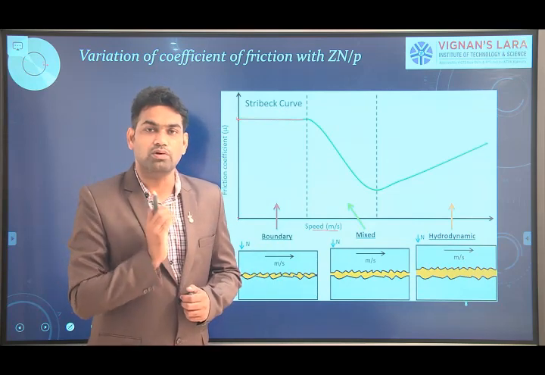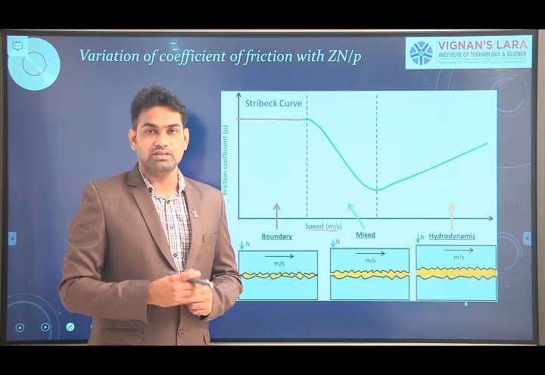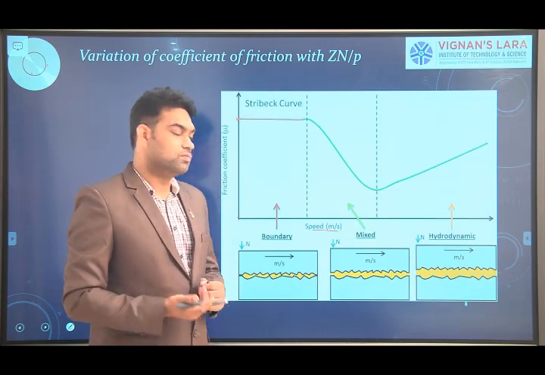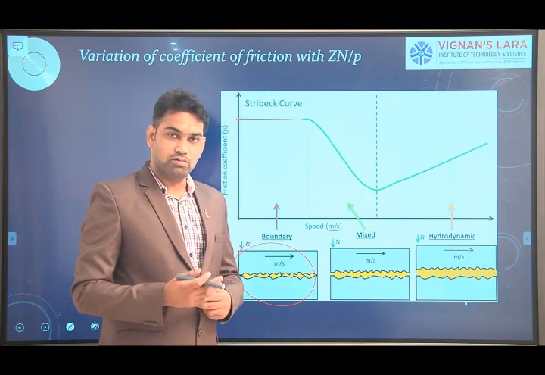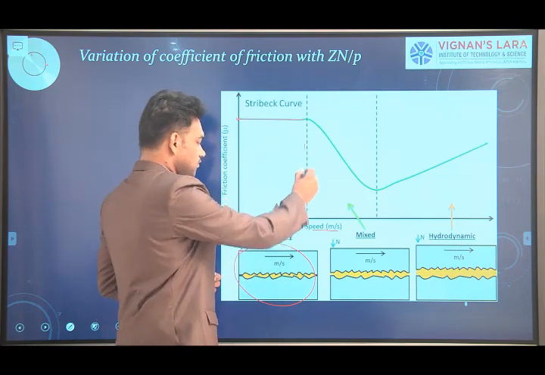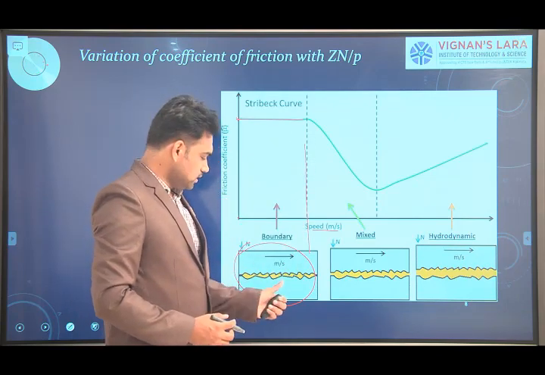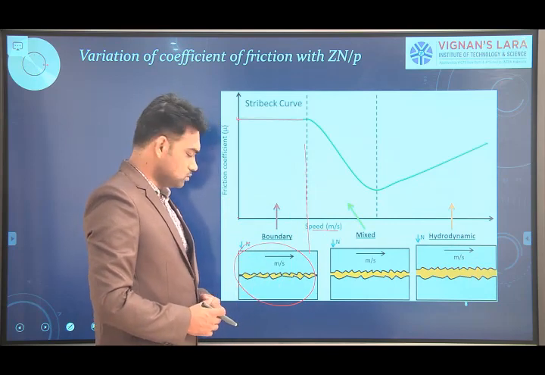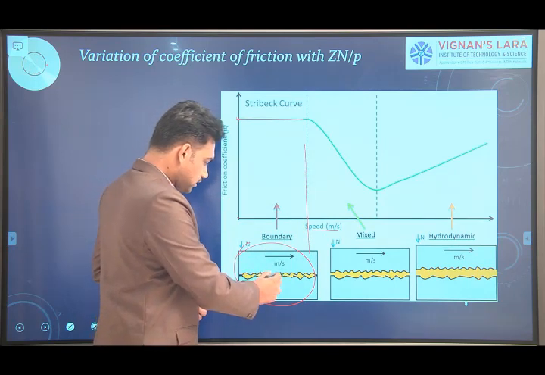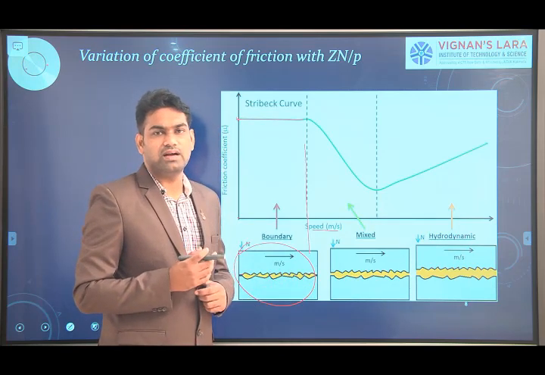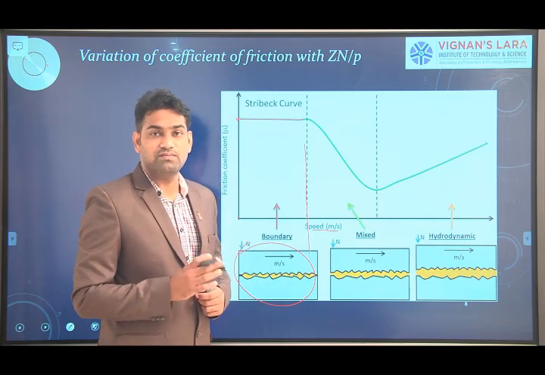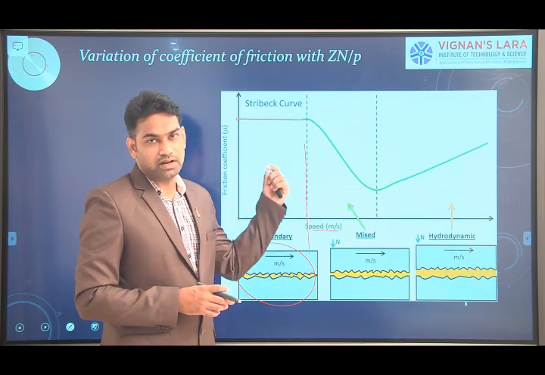Whenever the bearing is going to start, it can form a thin layer of lubricant. So you can observe here, there is direct metal to metal contact up to this region of the bearing. Here they illustrated it with the diagram. You can observe the direct metal to metal contact, so the starting friction is very much higher at the initial stage, that we call starting friction. Which is very much great.